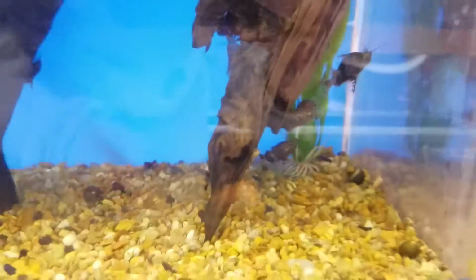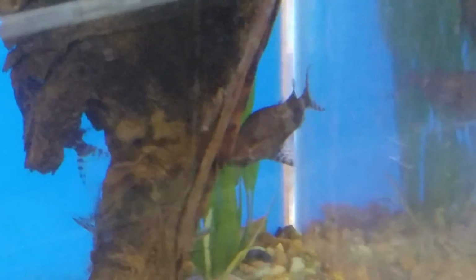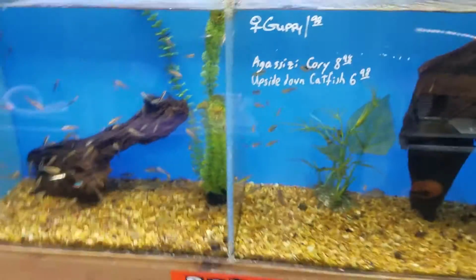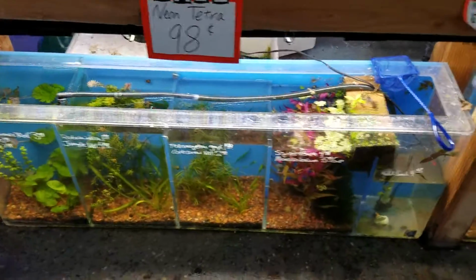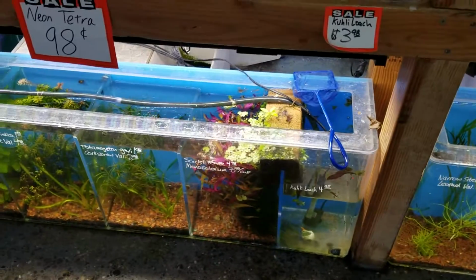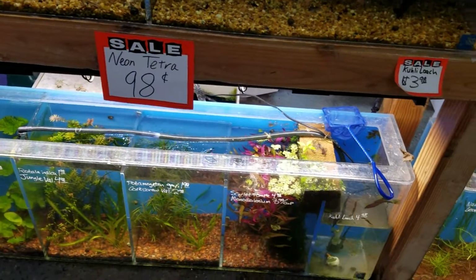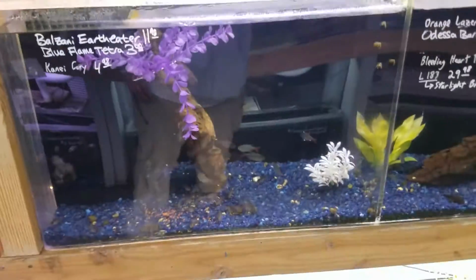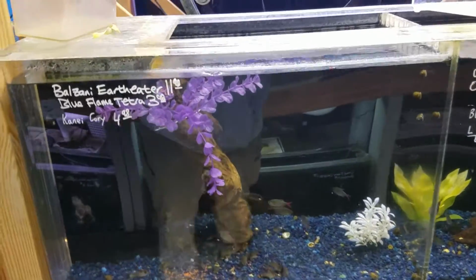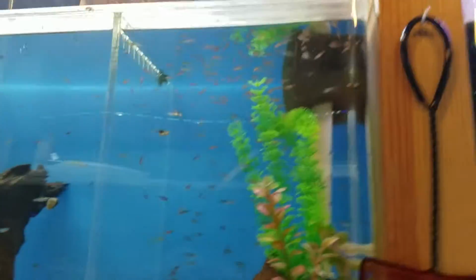There's also upside down catfish. They're pretty cool, sometimes kind of hard to find around here. It looks like someone flipped them upside down at birth. We've got algae eaters, algae eating sharks, some beautiful plants. We've got the scarlet temple plant. If you get that, you're going to need some iron in your water, and probably some phosphorus beyond just needing nitrogen. Here we've got earth eaters, blue flame tetras, roseline sharks again, chili rasboras, lamp eye killifish,